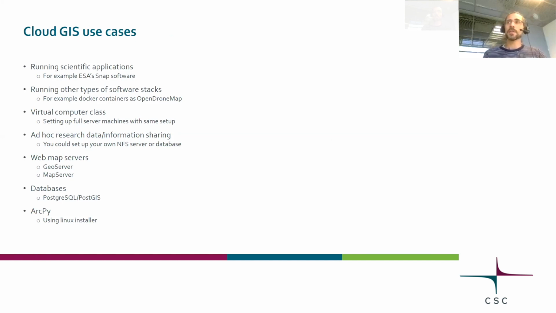For example, you could run specific applications. You could run these in your own local computer, and it might be that some of these applications we have installed in our supercomputer environments, but sometimes these things are not possible for one reason or another. Then you could turn to these cloud services,